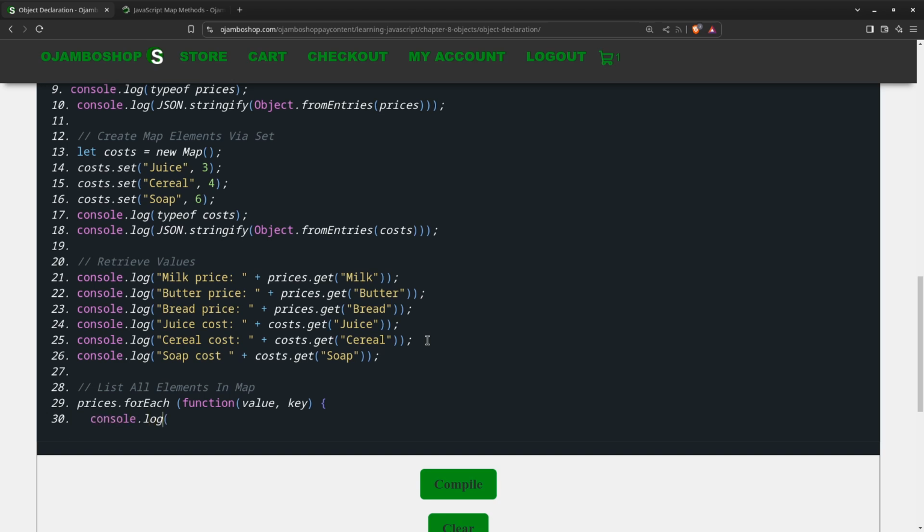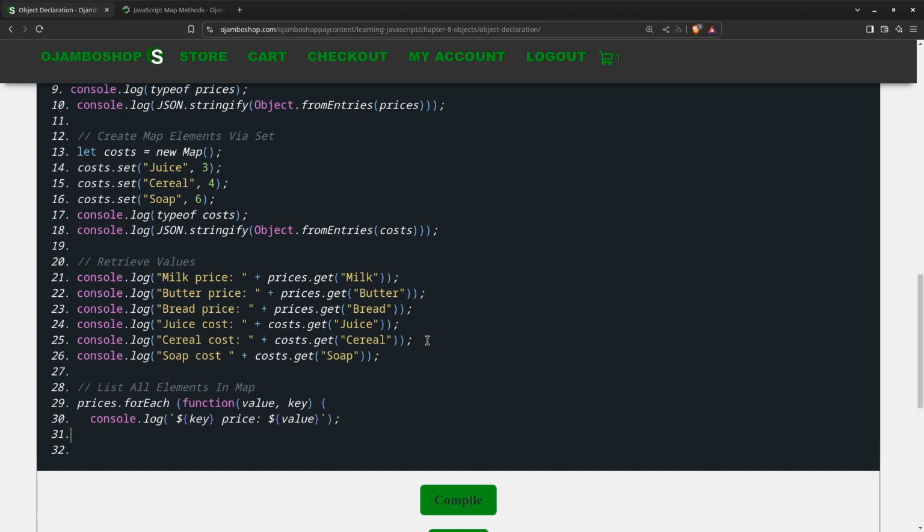Console.log. I'm going to use the template string, so use that symbol, and then $, squiggly bracket, key, squiggly bracket, price, $, squiggly bracket, value. Okay, close off the squiggly bracket,